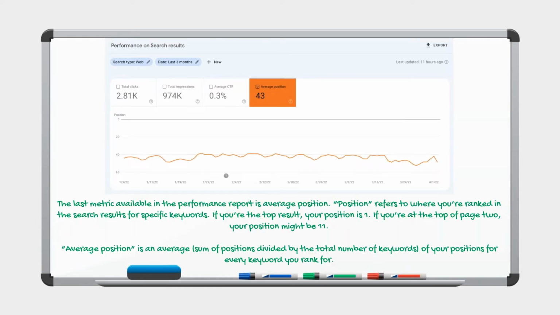So the last metric available in the performance report is average position. And position refers to where you're ranked in the search results for specific keywords. If you're the top result, the very first in Google organic, your position would be 1. If you're at the top of page 2, your position might be 11. There are 10 organic places on a page. So average position is an average of the sum of all of your positions